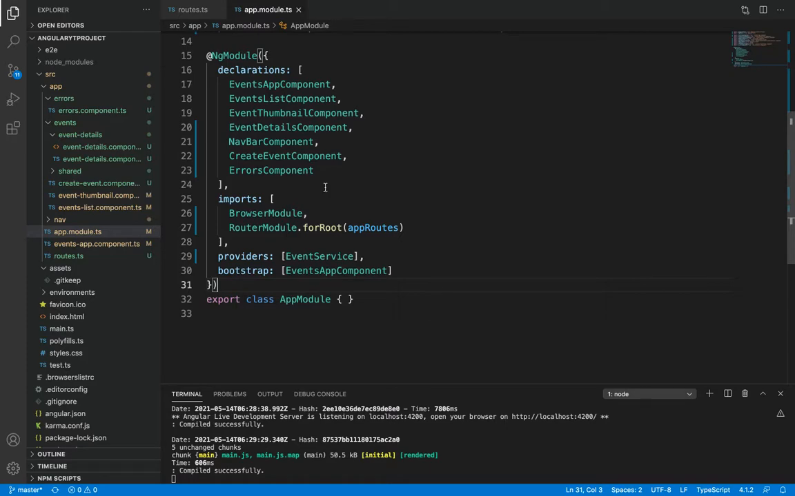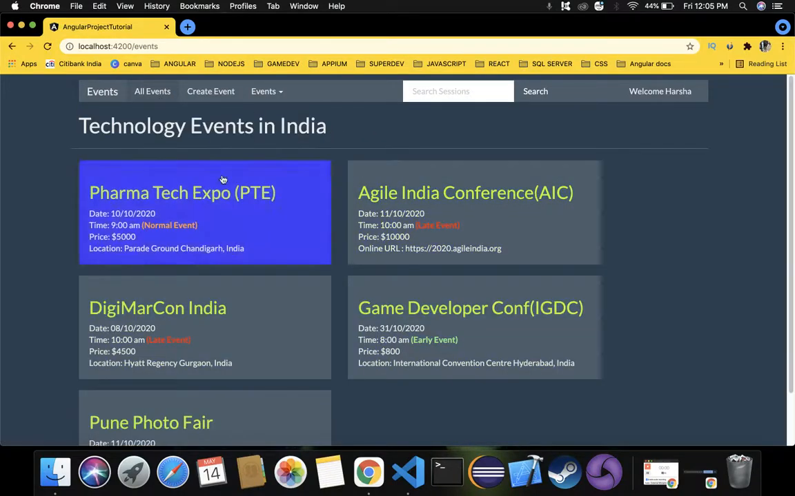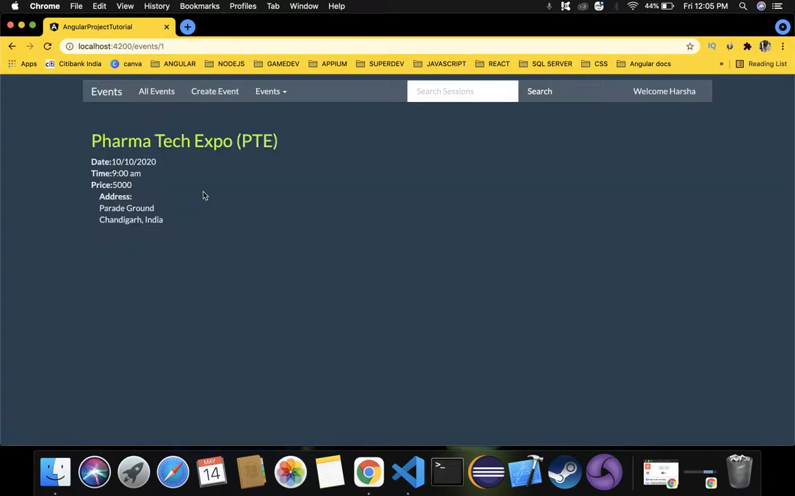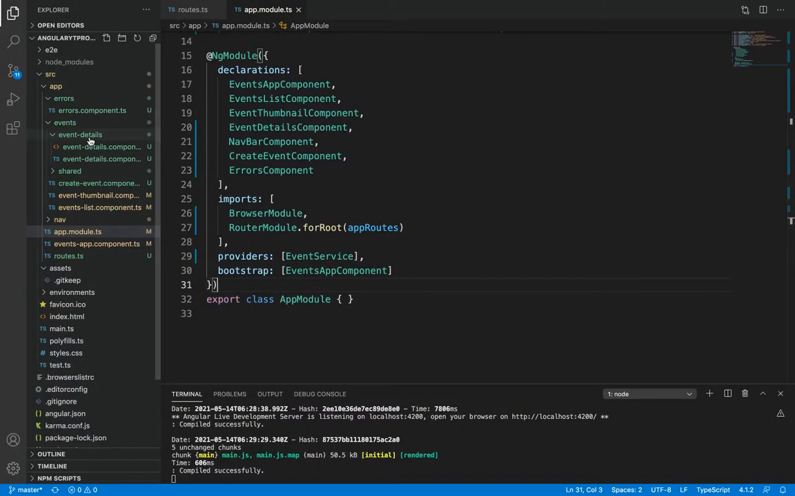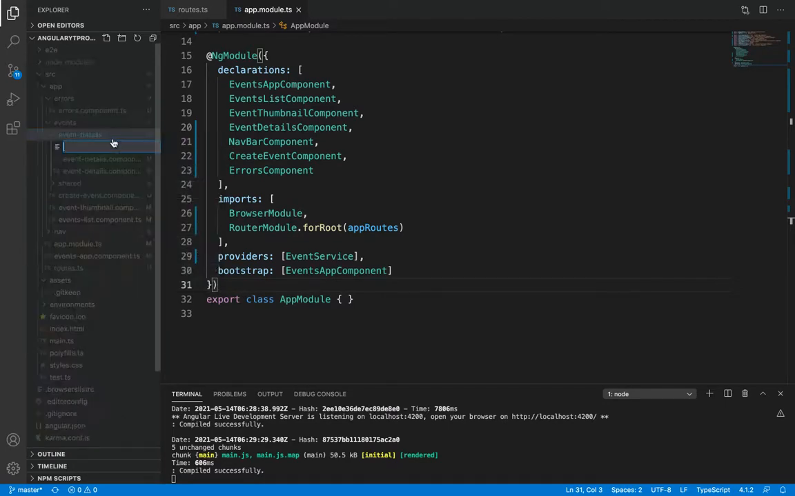Since I am displaying inside the event details component, if you observe, this is the all events page, that is the main list page, and whenever I click on any of these events, it goes here. This is the event details component. So inside the event-details folder, we have to create a service. Let's create a new file over here, and I want to name it event-route-activator